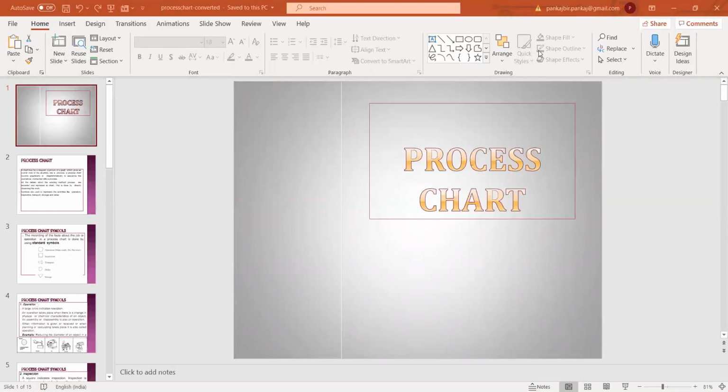First we define what is a chart. So generally a chart may be described as a diagram or a picture or a graph which gives the overall situation of any activity. And the process, in terms of industrial management, is all the activities during a production process. So when we combine them, a process chart is a chart which represents all the activities during a production process